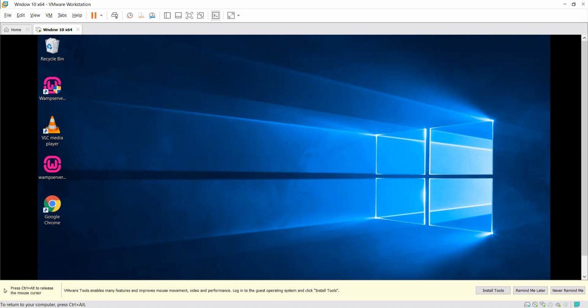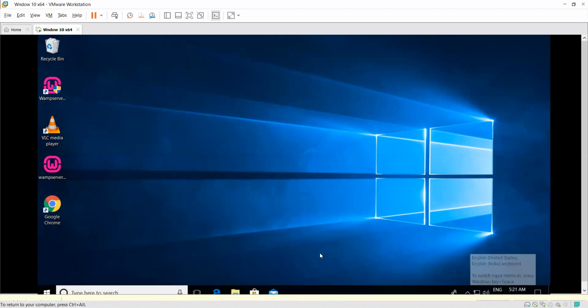Okay, so how can you change the password in the Windows 10 operating system? That is again a very simple technique, guys. What is the procedure basically followed by the forensic investigator?